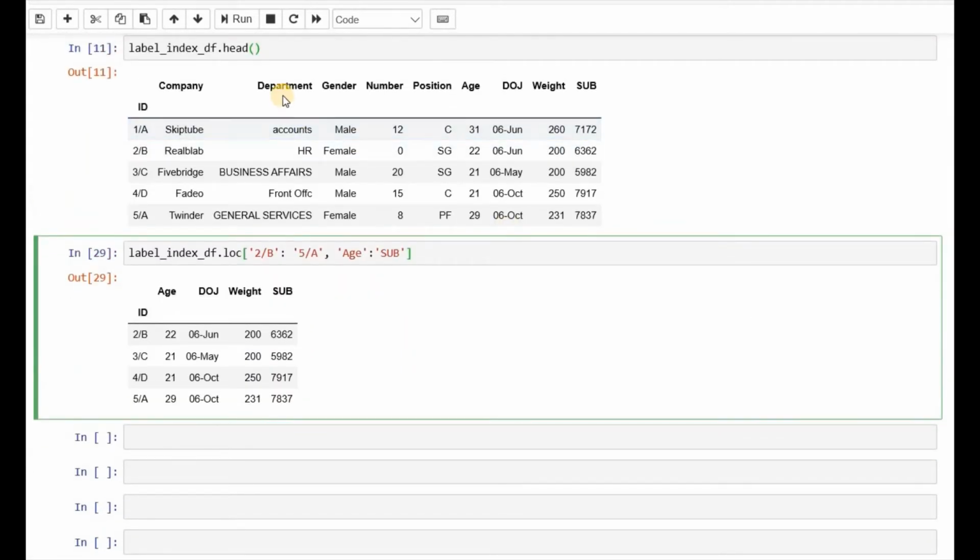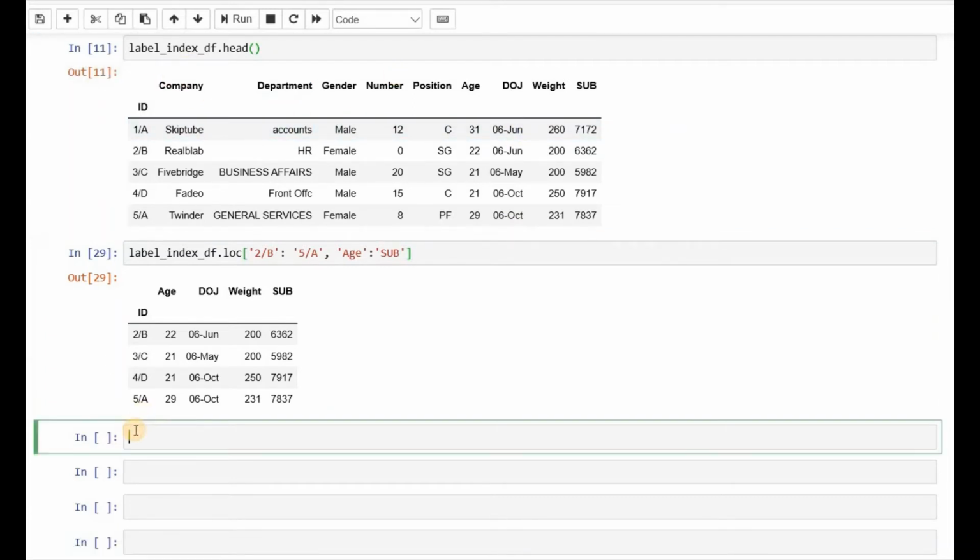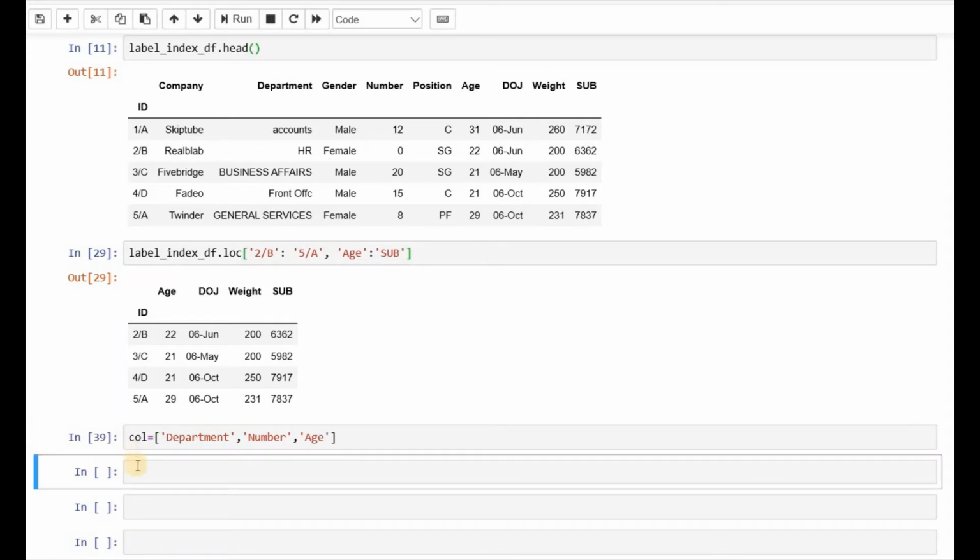If we want selected columns from this data frame, we can also do that. Let's say column equals department, number and age, and we can pass this in loc.